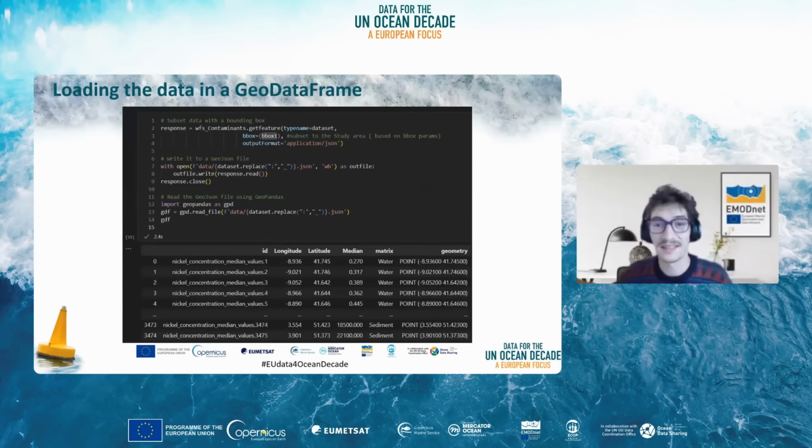Once we have selected the data set, by using the .getFeature method, we can load this data set as a JSON file, as is done in the first 4 lines here on top, and then save it and open it as a geodata frame.